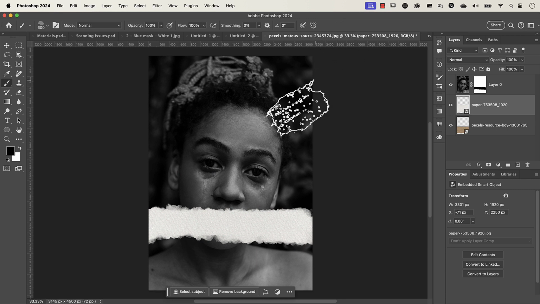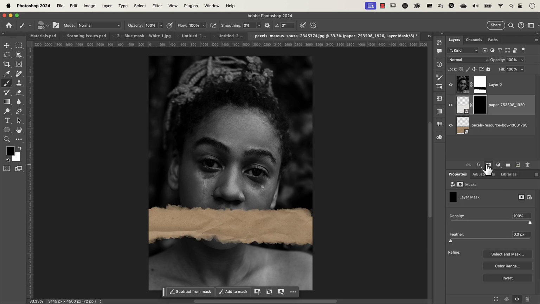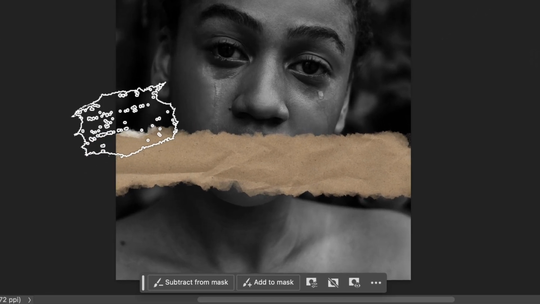And now we have to mask this out because we don't want this whole thing to have this paper texture here. But instead of using a white mask, we're going to have a negative mask. So let's press Option or Alt and then press this layer mask icon here. Make sure that your brush is selected, and make sure that it's got white as a foreground here. So I've just clicked on the double-headed arrow. Make sure that your mask is selected and then just